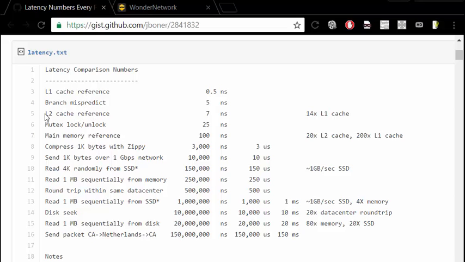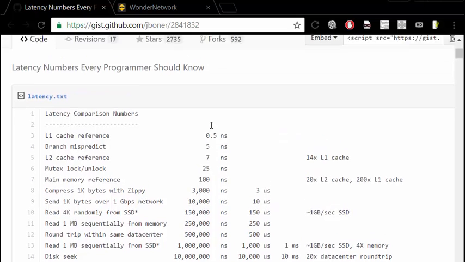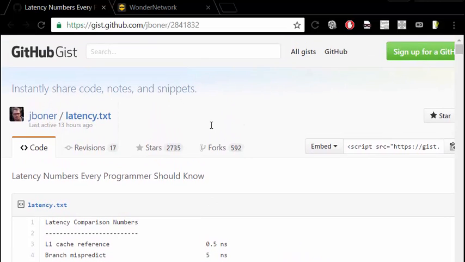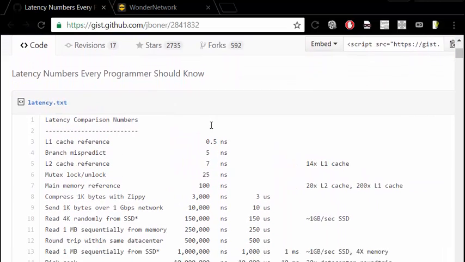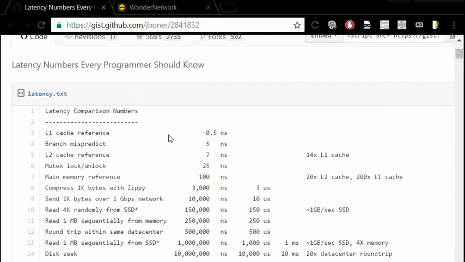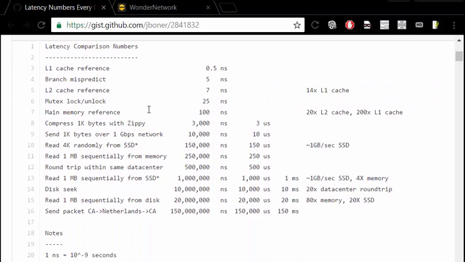If it's in L2 cache, it's 7 nanoseconds. And this is for locking. Anytime you encounter locks, it's 25 nanoseconds. And by the way, I think he called it what every programmer should know. Yeah, it says latency numbers every programmer should know. If you're doing locks and so on, it says about 25 nanoseconds to grab a lock, or unlock it. Main memory, 100 nanoseconds. And then you can see it's growing sort of exponentially